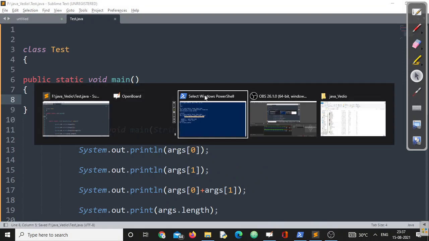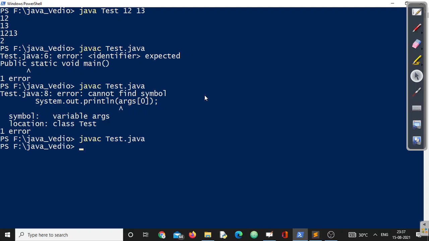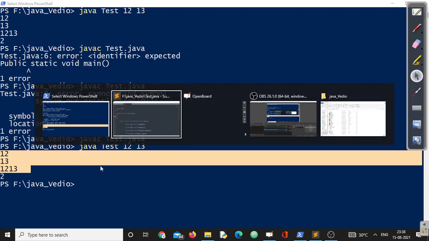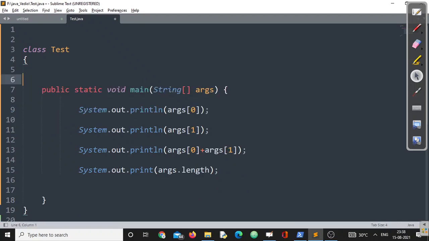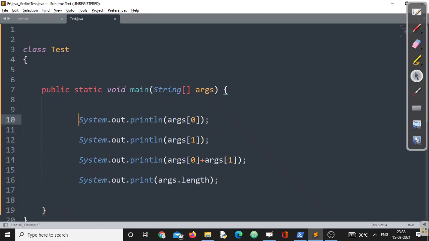See, if I compile the program now, the Java compiler says no problem, I am okay with that, right? And the same story continues. I have only written this to let you know that a main method with a specific signature can access command line arguments. That's it. Now you can ask me, sir, what if we have passed values at the command line as 12, 13, and I want to add them like numbers, not like strings? In that case, you need to typecast.